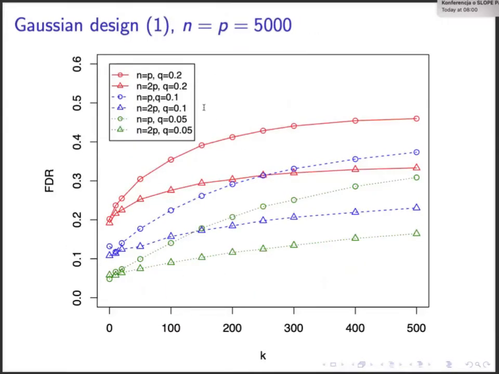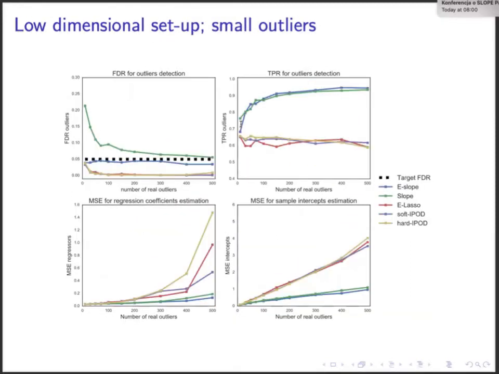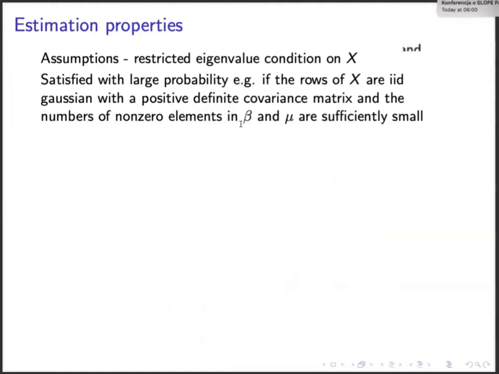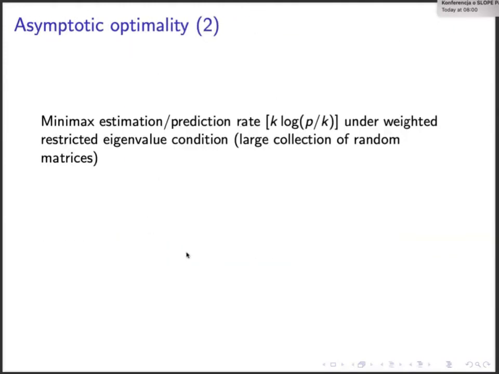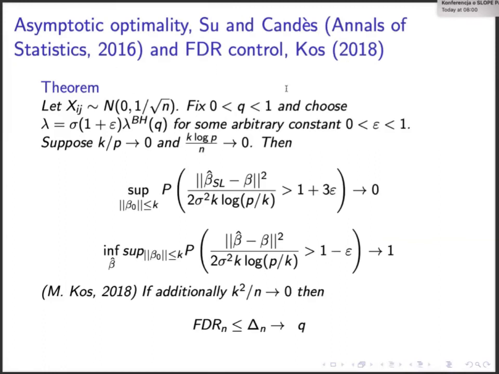Okay, so I told you that we have a kind of problem with controlling FDR when the design is not orthogonal. So let me just go back to the result of Małgorzata Bogdan. She has proved that in the situation of Gaussian design, we can control FDR with our lambda sequence, but we need to impose a strict sparsity assumption: k squared over n converges to 0.